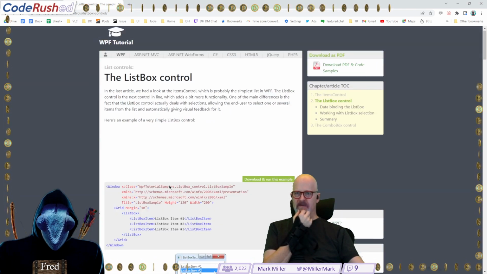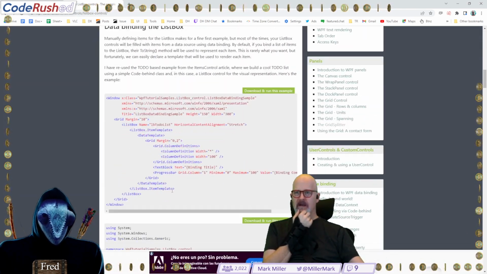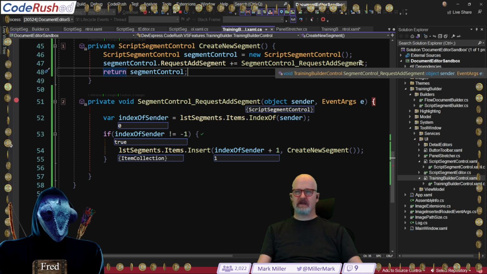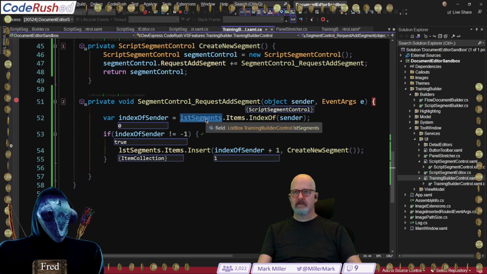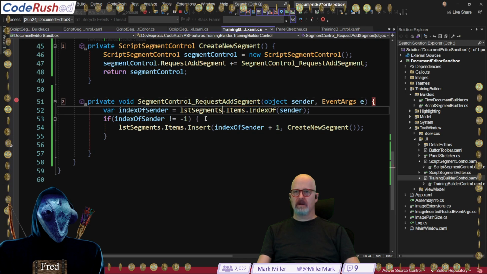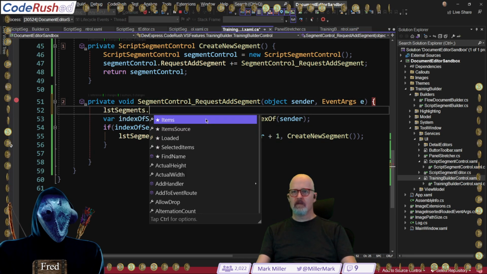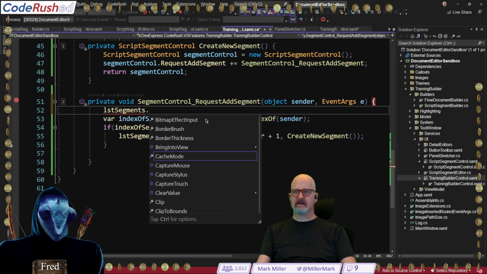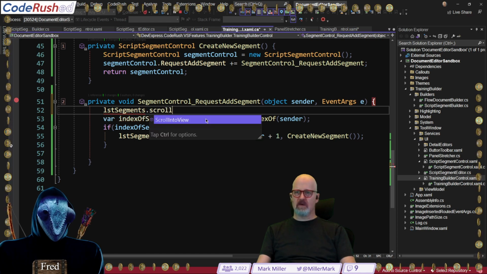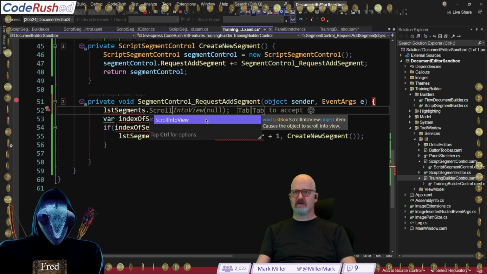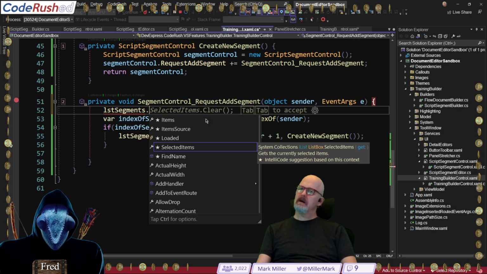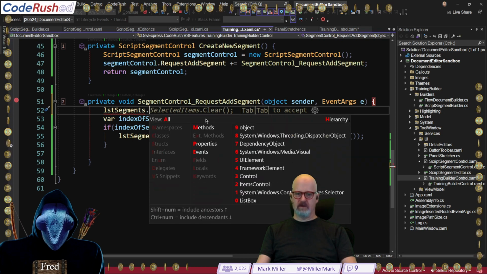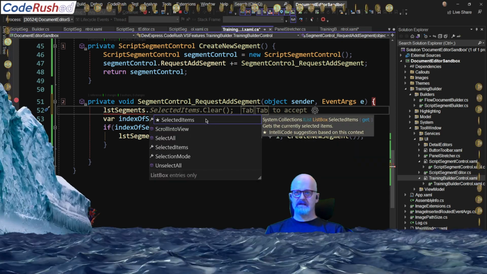Let's just see what properties we have in the list box control. Let's go back into IntelliSense. See if we can find something there. Is it smooth scrolling? Can content scroll to false? Is there something called can content scroll? No, I'm not seeing anything. Okay. Scroll into view. Oh, that scrolls something into view. Let's do this. Let's look only in the hierarchy, only for the list box. And that's all we got.